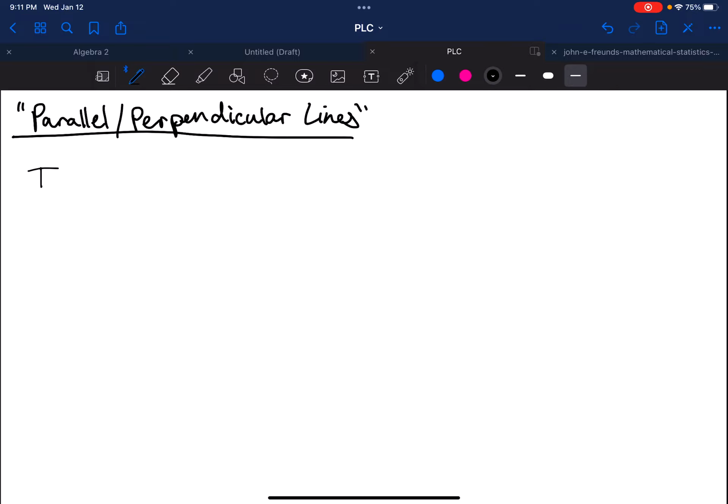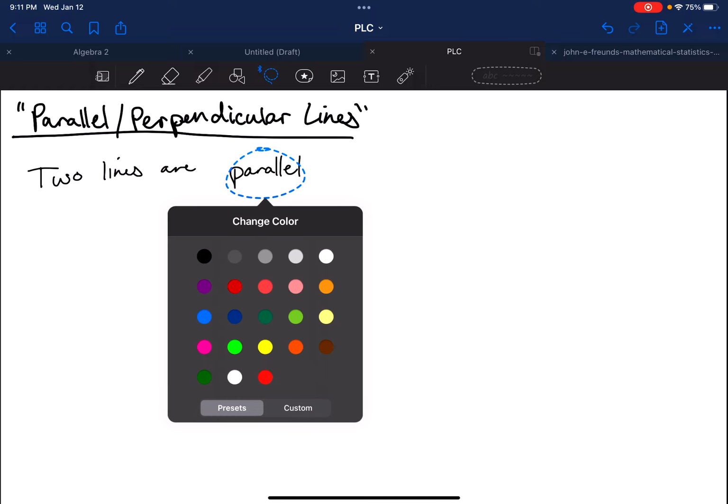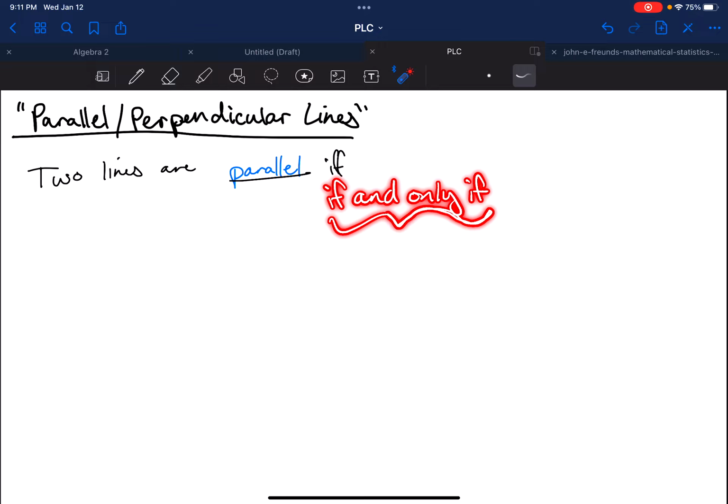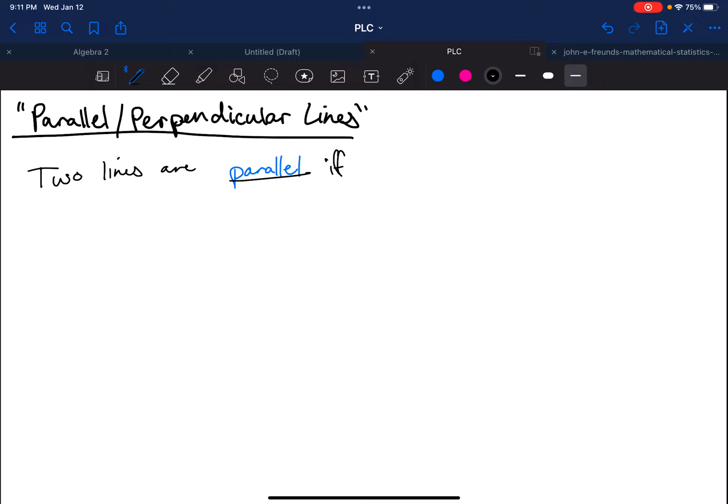So two lines are parallel. Let me switch that. A little out of practice with writing math definitions. Two lines are parallel. We would say this is "if" with two F's. This means if and only if, which is a mathematical way of saying that if you know two lines are parallel, you can say the next part, or if you know the next part, you can say they're parallel. So two lines are parallel if and only if